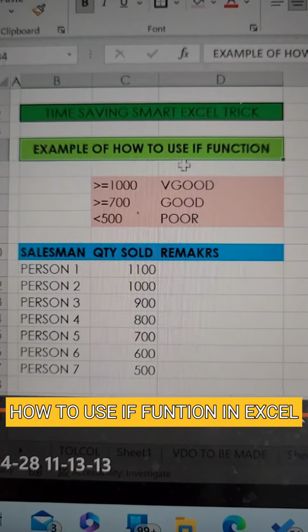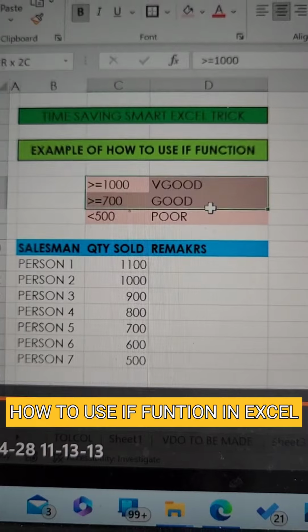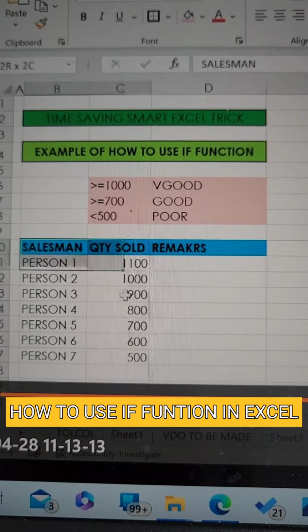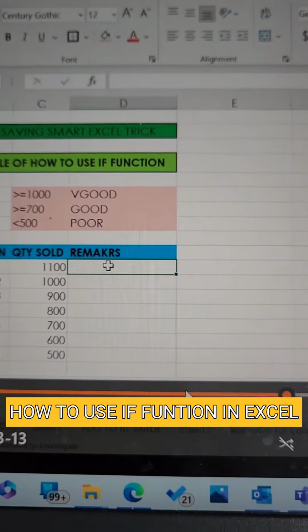Let us understand how to use a function in Excel. These are the conditions we are supposed to produce, and this is the data. Okay, let us start. So, if